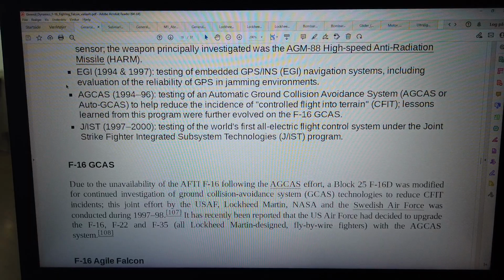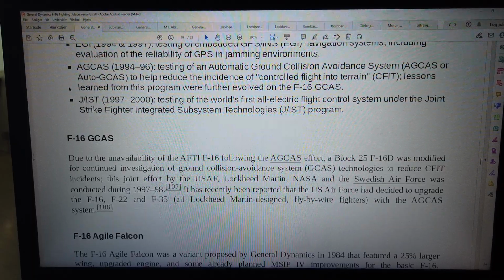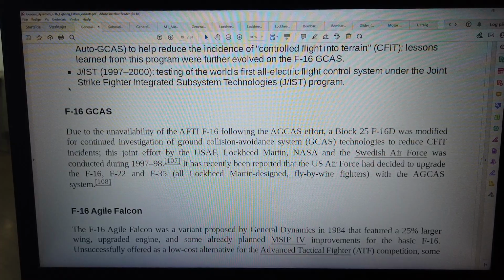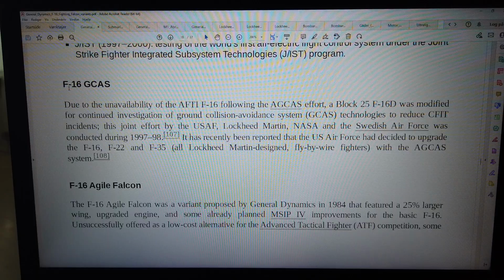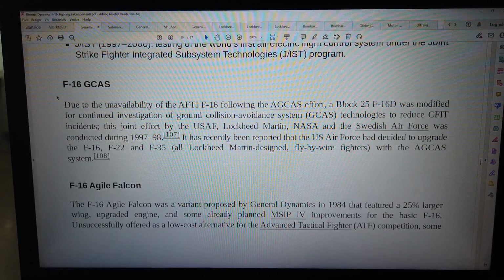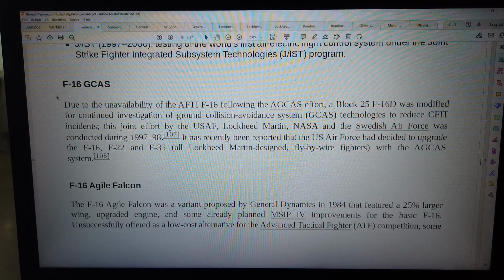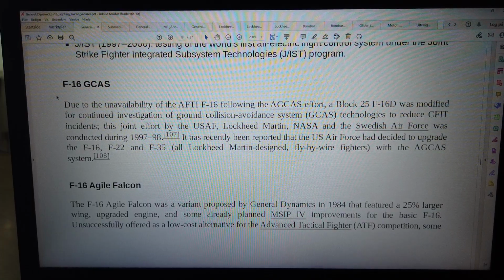J/IST: 1997-2000 testing of the world's first all-electric flight control system under the Joint Strike Fighter Integrated Subsystem Technologies, J/IST, program. F-16 CAS: due to the unavailability of the AFTI F-16 following the AGCAS effort, a Block 25 F-16D